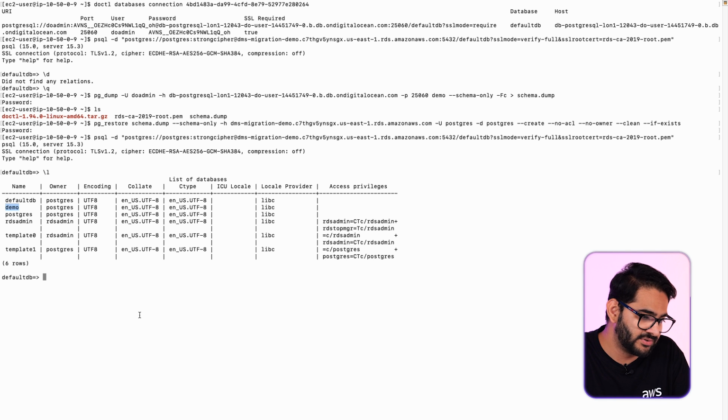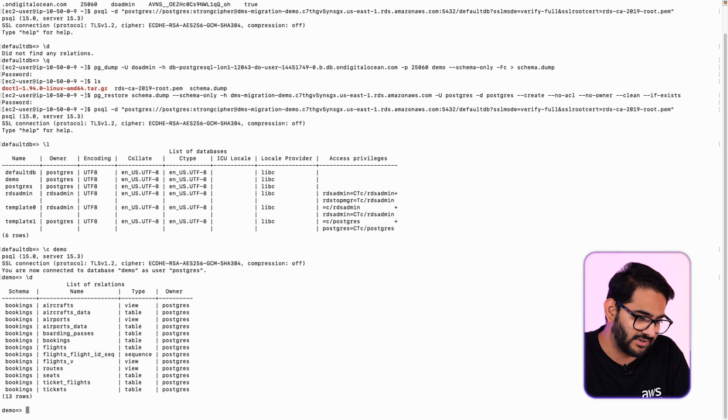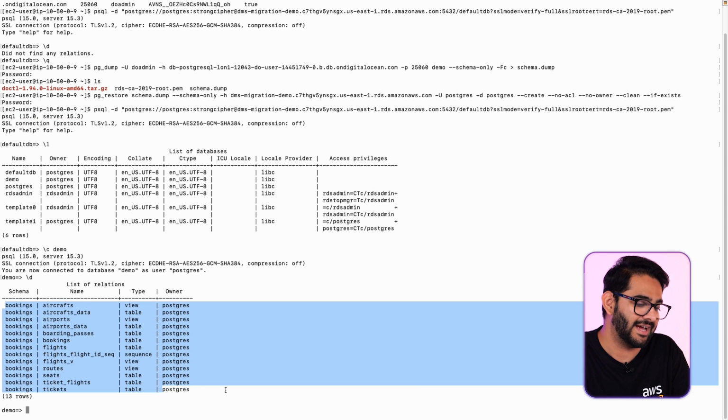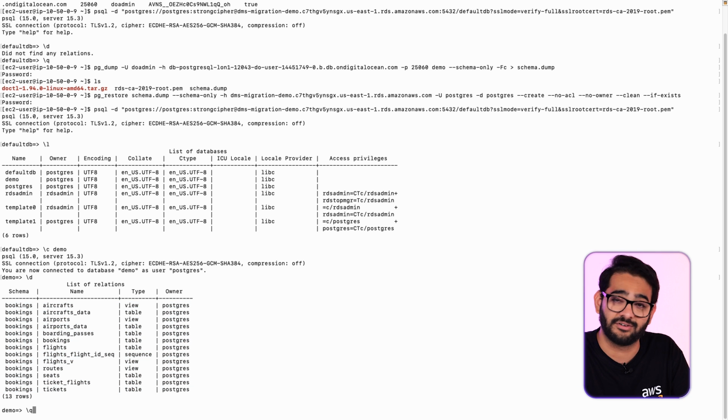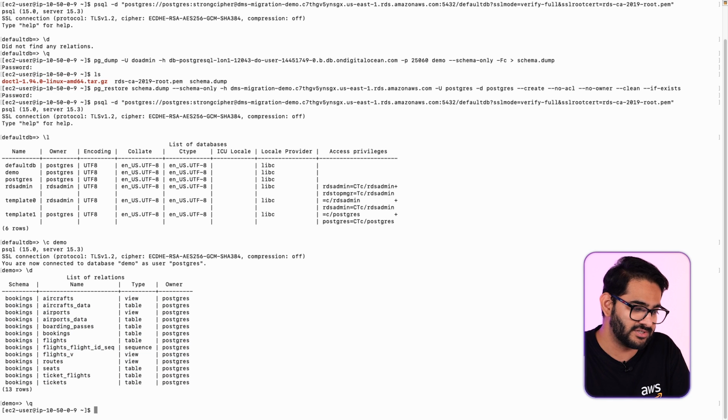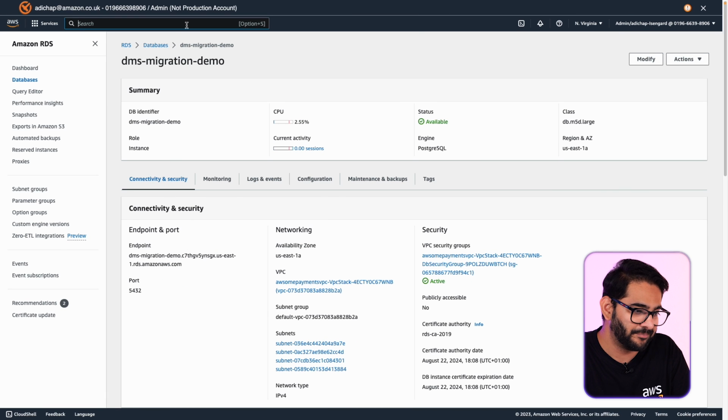So if you see the databases, we have the demo database because we had that on DigitalOcean. And if we move to that database and fire \d, we can see the list of relations and the booking schema which is imported in our RDS database. So basically, our pg_restore command worked, and we have migrated the schema.